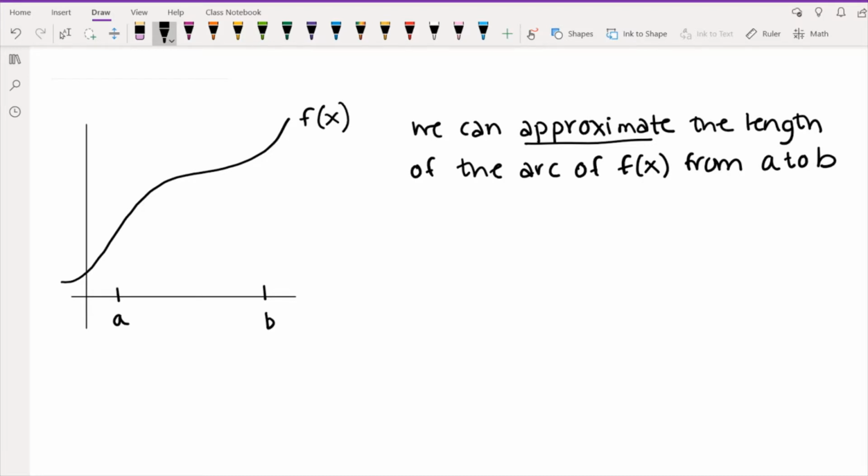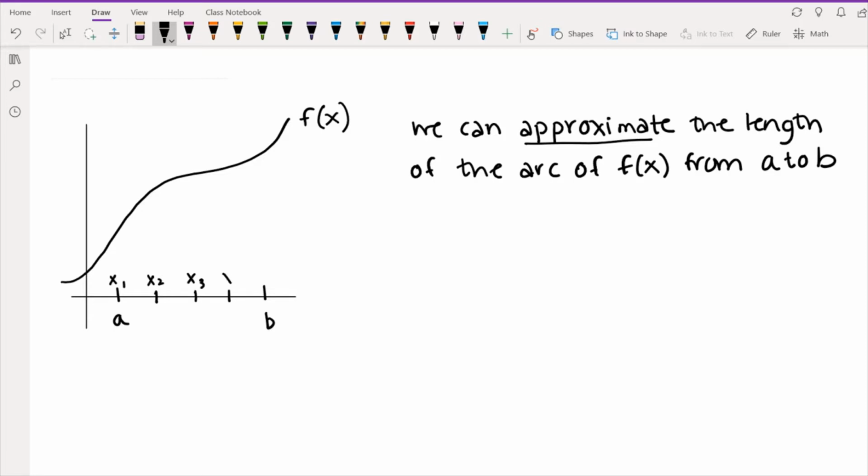Well, if we break this interval from A to B into some pieces, for the sake of being able to actually draw something that makes sense, I'm not going to use a lot of pieces. But obviously, if you wanted to get a really good approximation, as we've seen in other things, you would want to use a lot of pieces. So let's say we break this into a few different pieces, and this is going to be x1, x2,